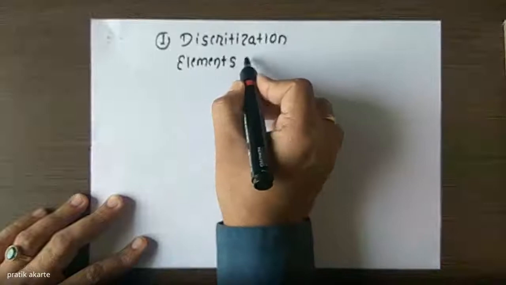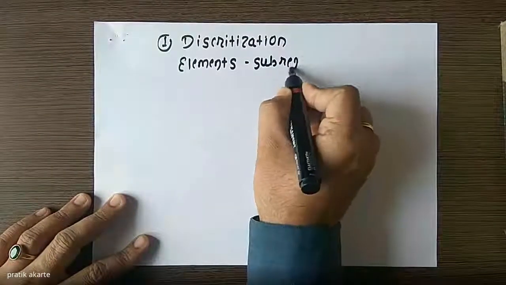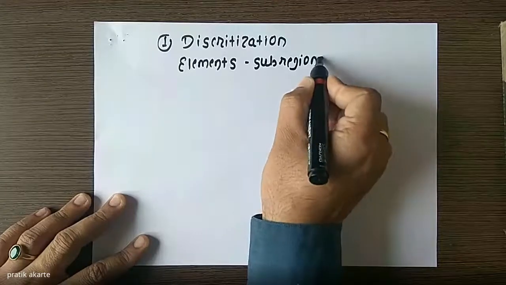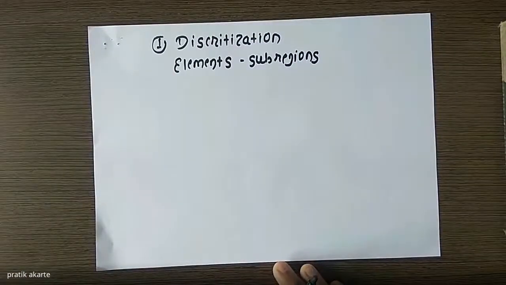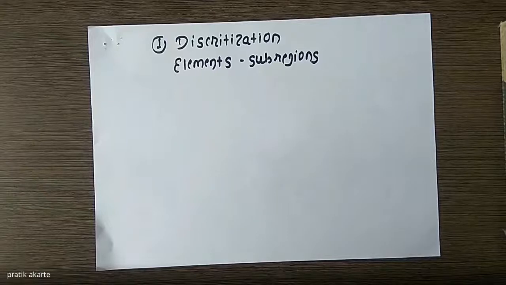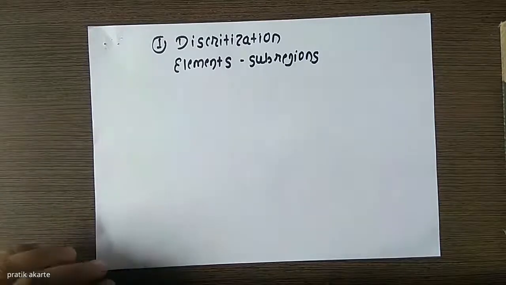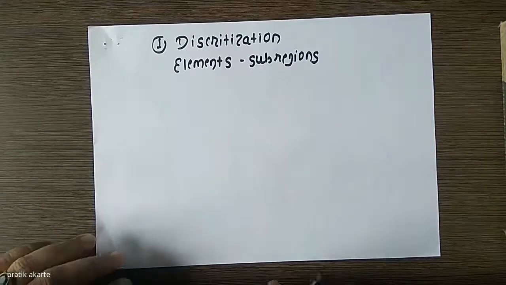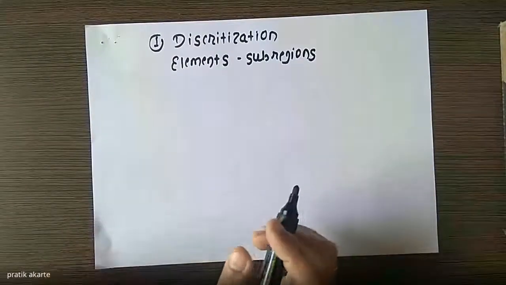These are the subsystems, or we can call them sub-regions, of the entire geometry. As we know, we formulate some mathematical equations at element level, and then we solve those equations at element level and club them to find the complete solution. So let us take a tour of how the elements are prepared.